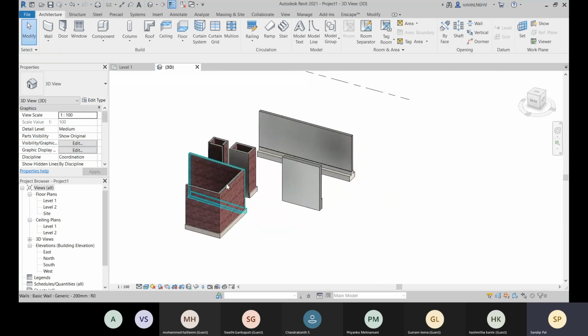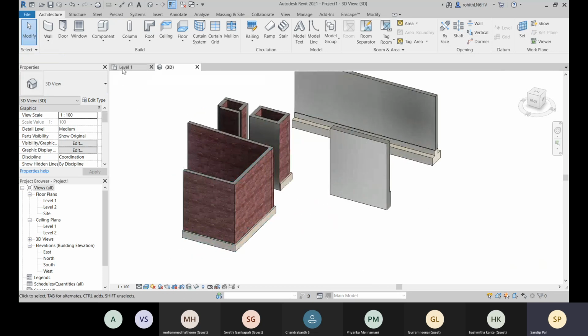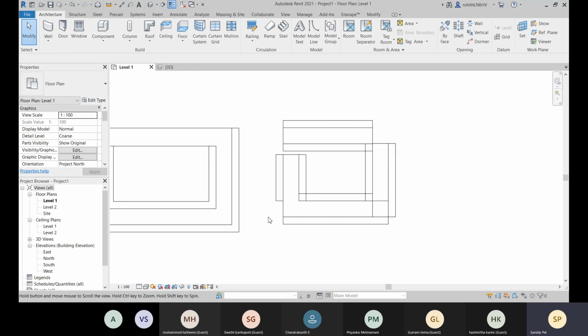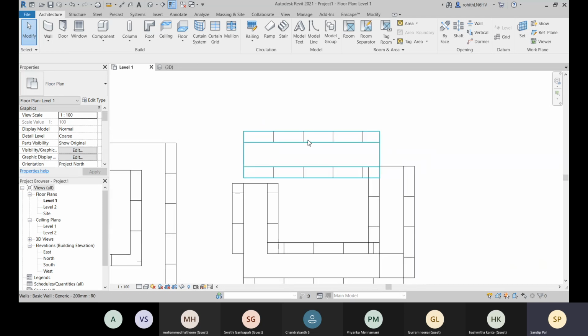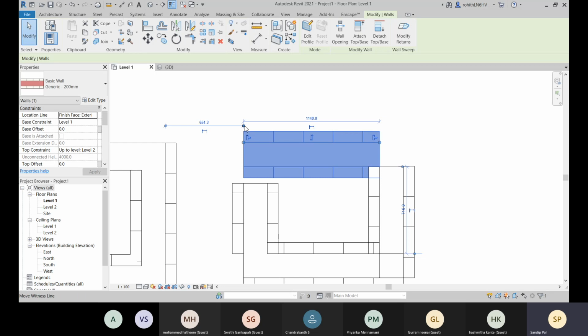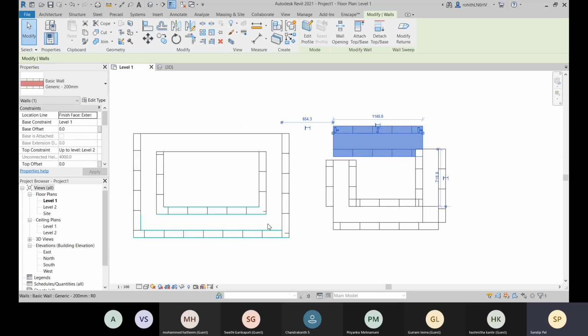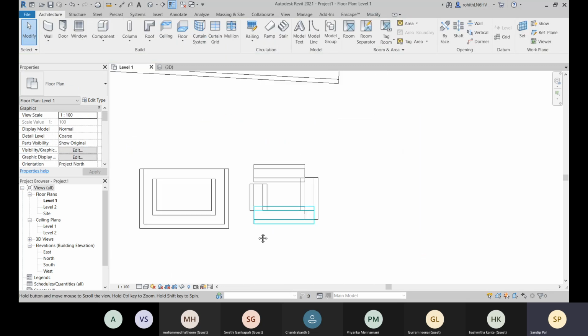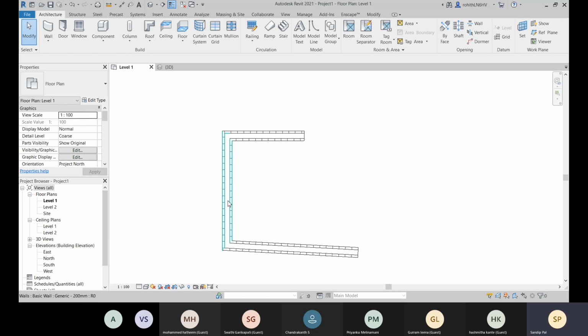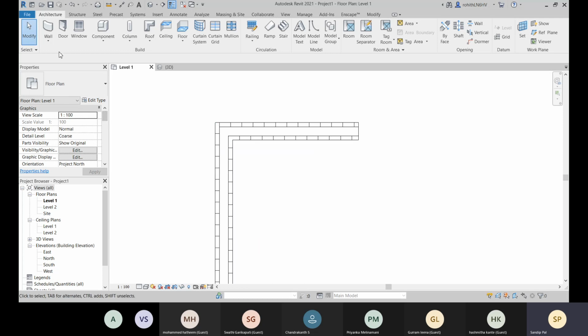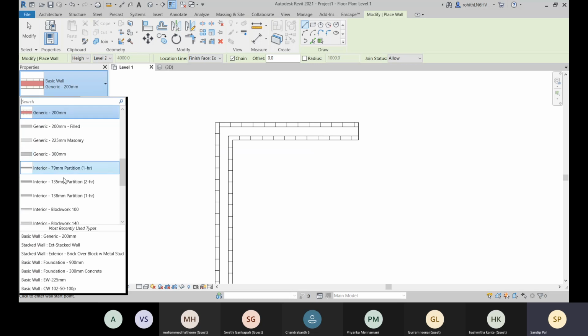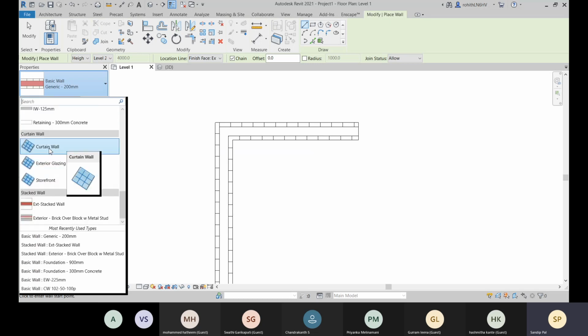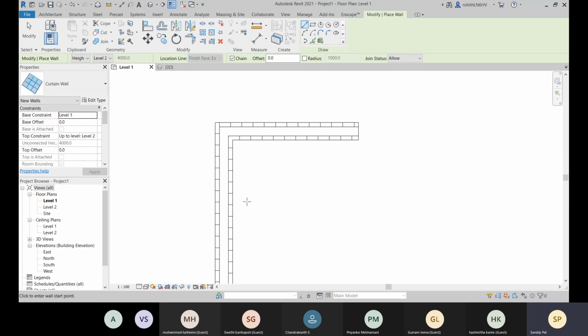So this is your wall, and now let's go with this. Okay. Now let's place curtain wall. Okay. So for that, I'll show you with this curtain wall first.